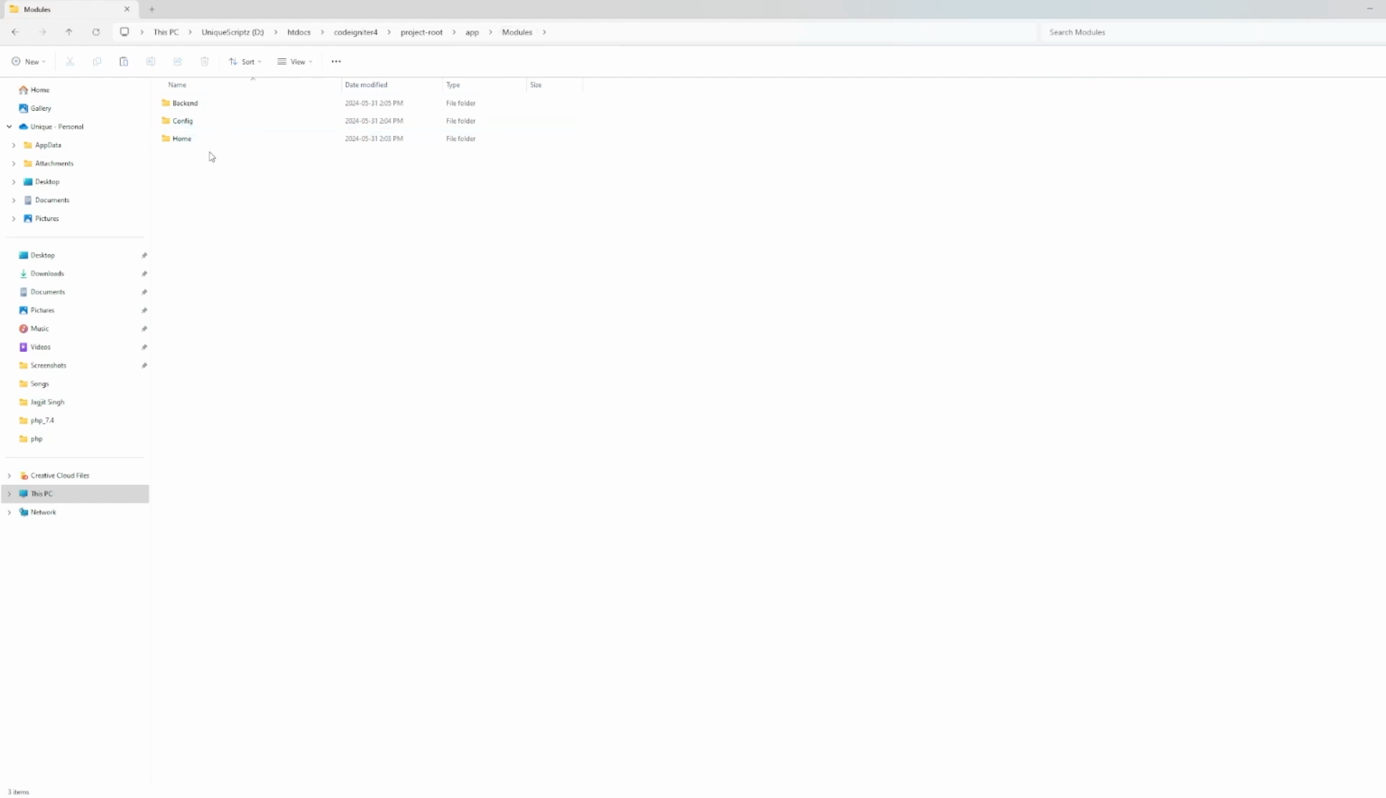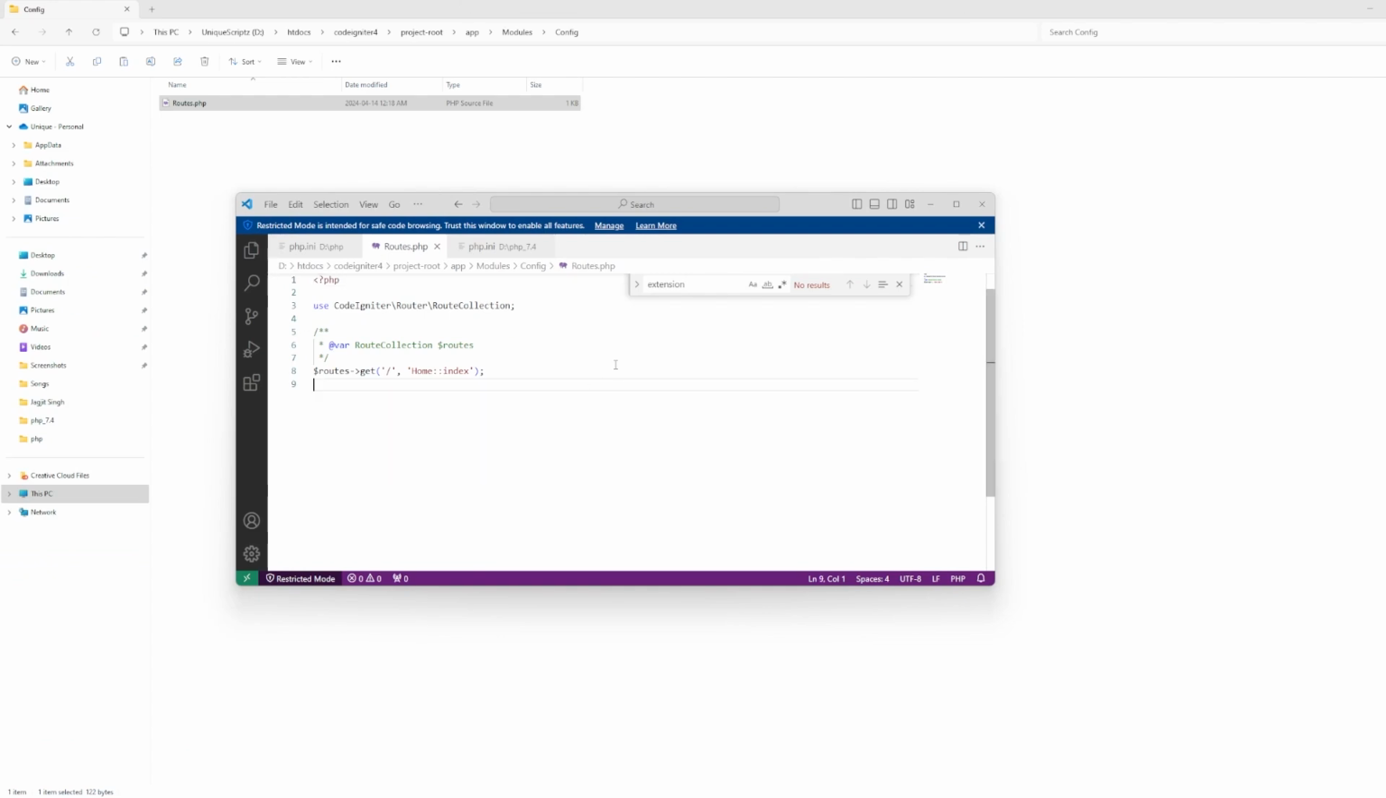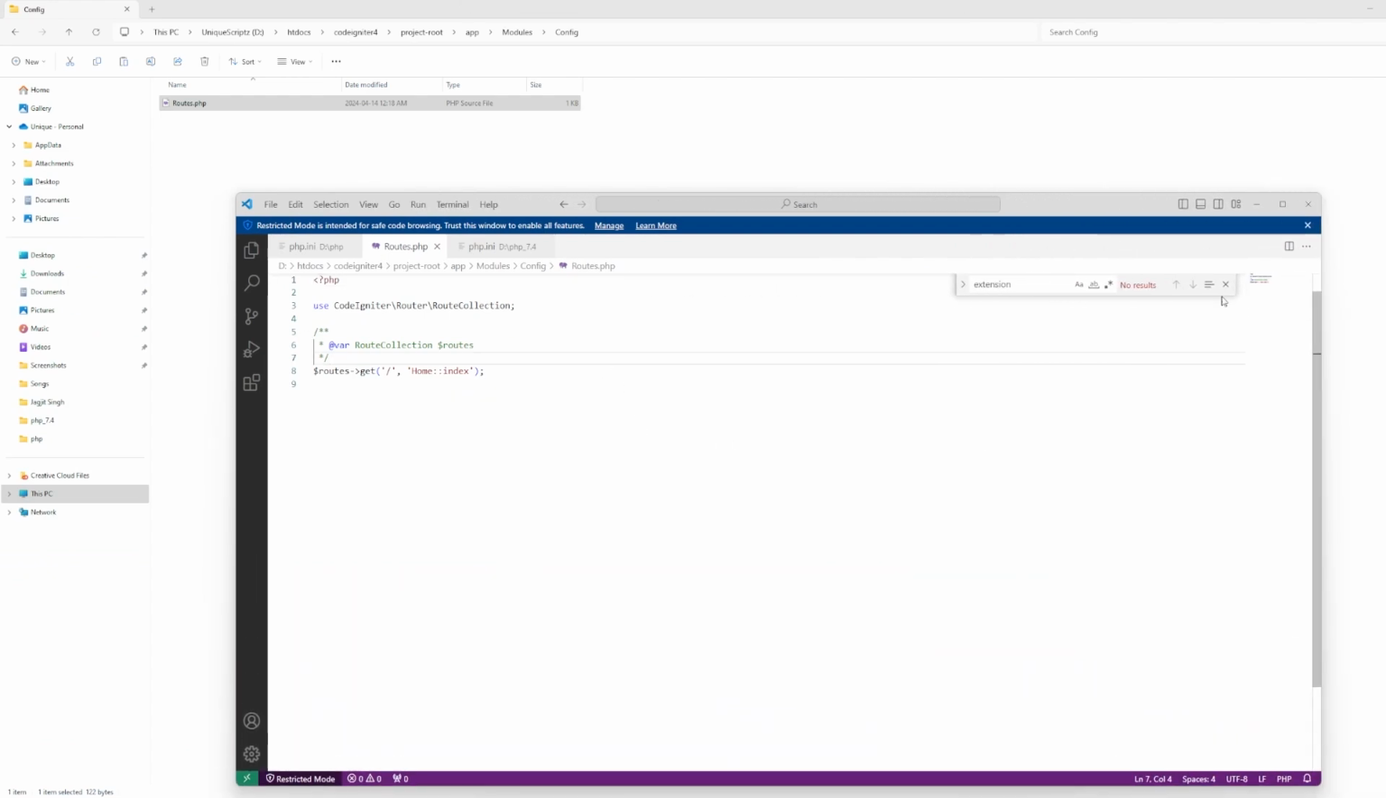So let's do it first with this one. Open this file. Once you open this file, you can see your routes are like this. So this one is the default route which we are using. But for our module section, we need to change it. We need to tell CodeIgniter that okay, don't use this one, because we are using sections, so we are managing that. So what we can do for that is